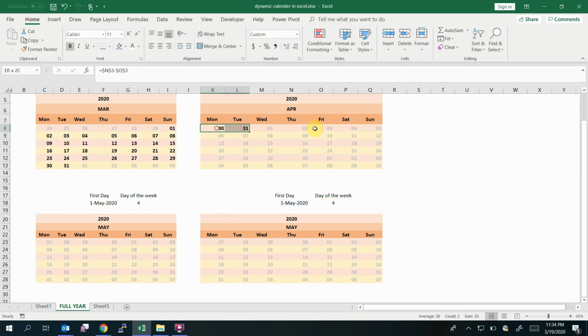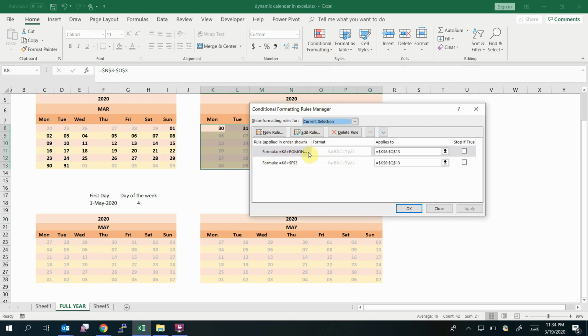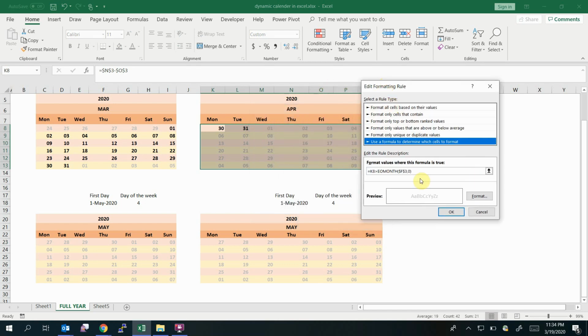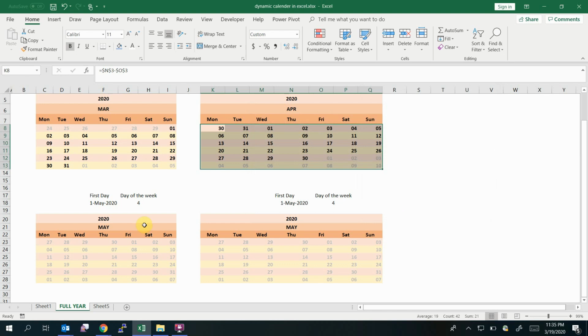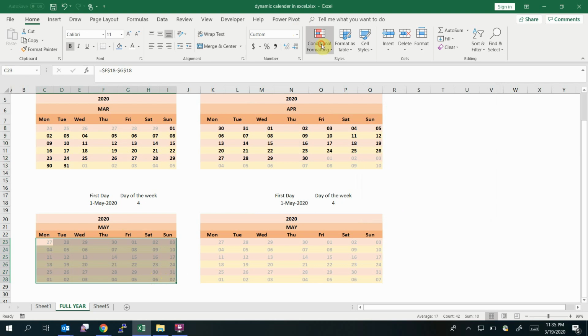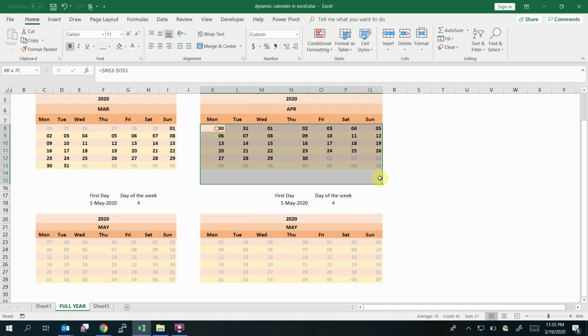Okay, the only thing left is I need to apply a new conditional formatting. Here it is pointing to the F3, but in our case it's N3, right? Yeah, N3. Let me check. Let's change this to N and see what happens. Yeah, this looks beautiful. It's correct. Okay, one more thing I have to do here, the beginning of the month,